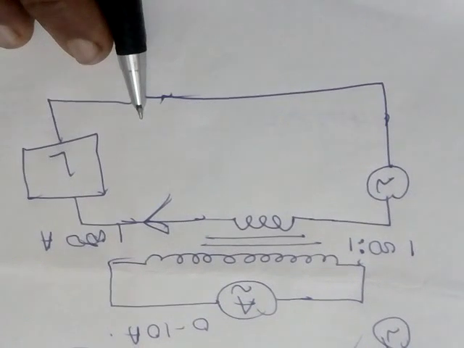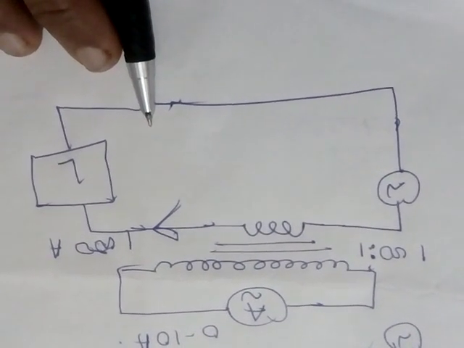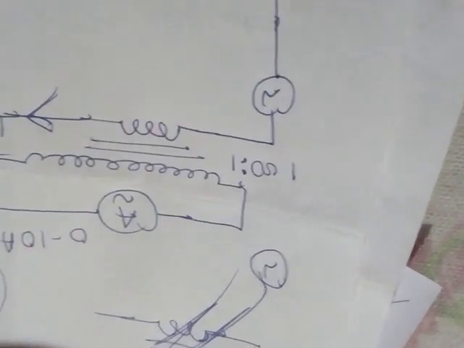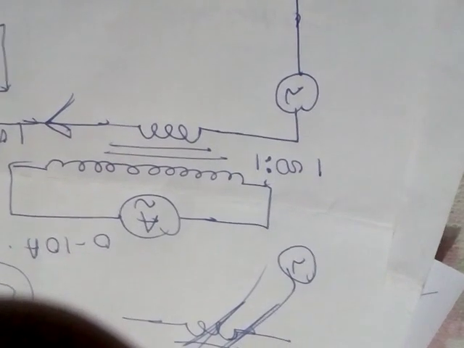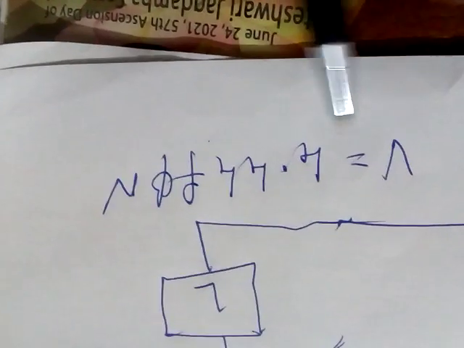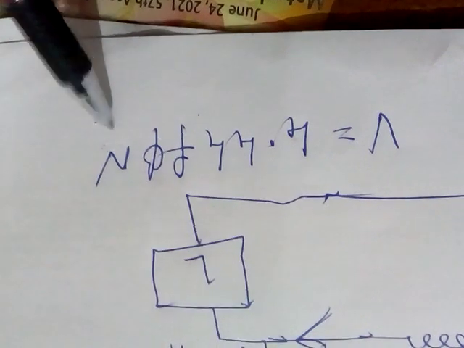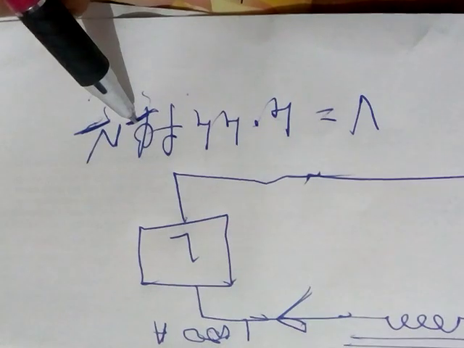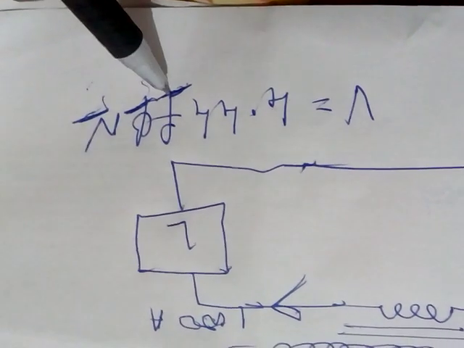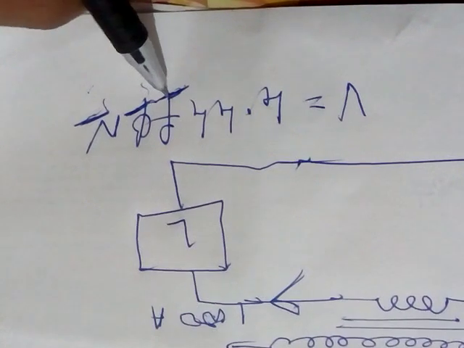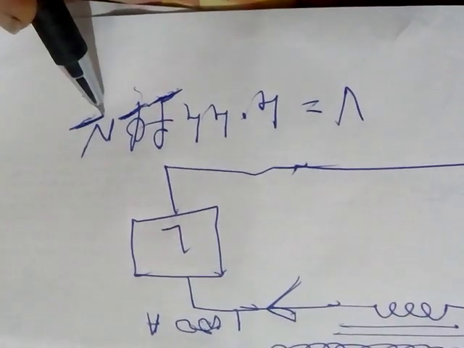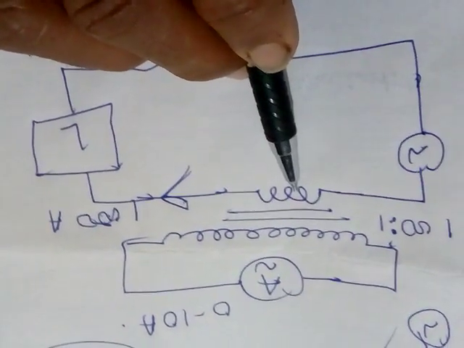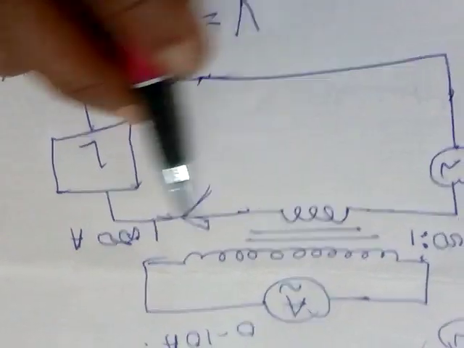Now, in a normal transformer, turns will be very much large, because you know the formula V is equal to 4.44 F phi N. So the higher the voltage, the higher the number of turns. Maximum flux capacity will be known, frequency 50 Hertz or 60 Hertz, India or America, like that. So higher voltage, higher number of turns. But in a current transformer, you will have very few turns in the primary.